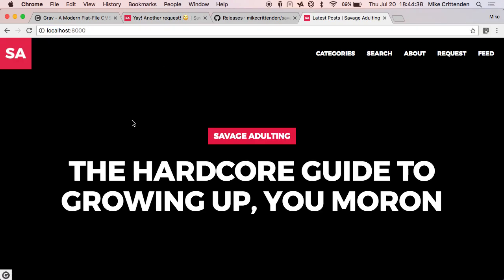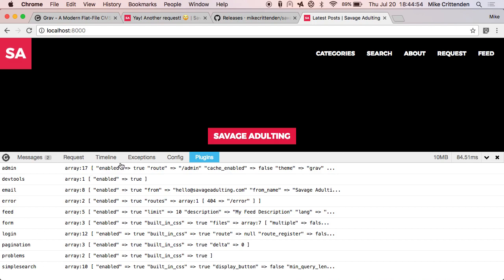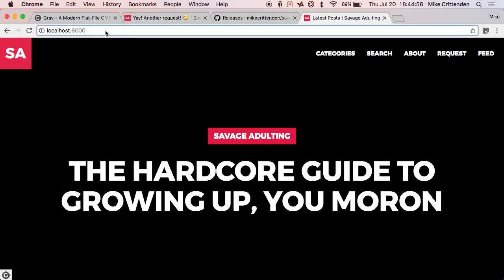Localhost, and there is the site. So that's really all there is to it. Just a single command to launch the server or dump it in a doc root somewhere, and you're ready to go. There's nothing else to set up or configure. The only difference between local and production is that it has this little debug bar at the bottom, and I'll show you guys how that's enabled. So, got it set up locally.